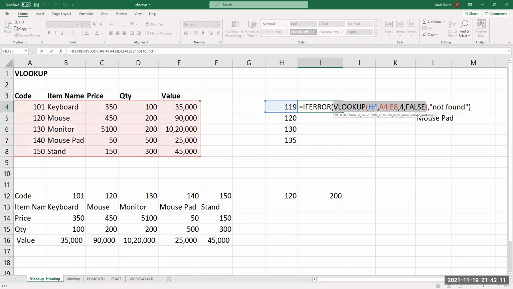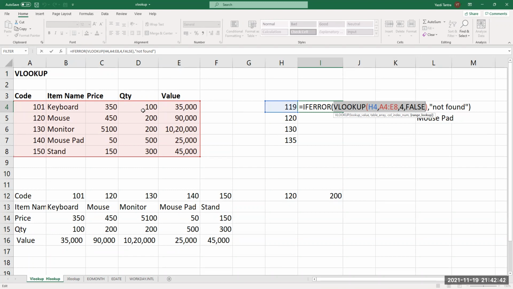The formula was H4, that is, you look up this, in which range, this range, A4 to E8, which column, 4, that is the offset. So column 4 is 1, 2, 3, 4, that is quantity. And we said false. False means it should be exact. So if it is not exact, then you should say not found.